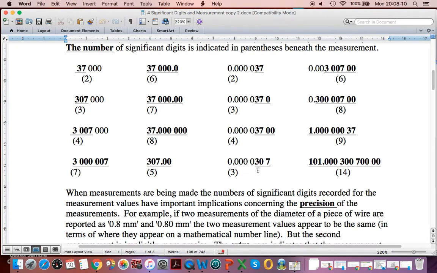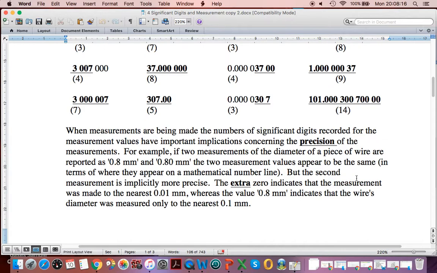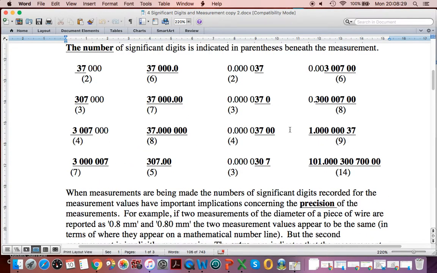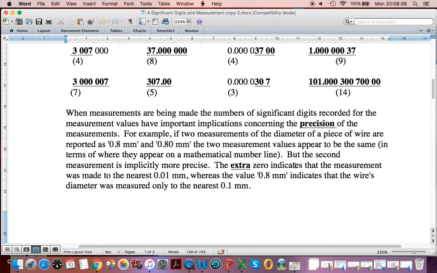Here we have our placeholders again, and that 0 is embedded, and here we went a little crazy, and there we had 14 sig figs. So it goes and talks about it. We'll talk about accuracy and precision later on. But these numbers matter a lot, and you have to get good at counting sig figs. In fact, on one of the early worksheets, keep this sheet of examples handy. Look for patterns. So much of chemistry is understanding patterns. So that's part one. We're going to go to the back of the page for part two of this